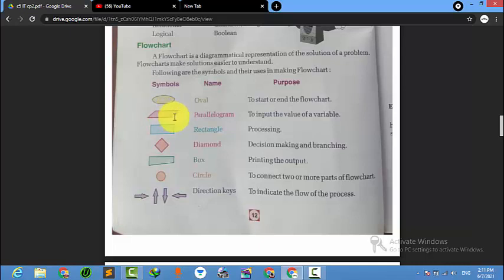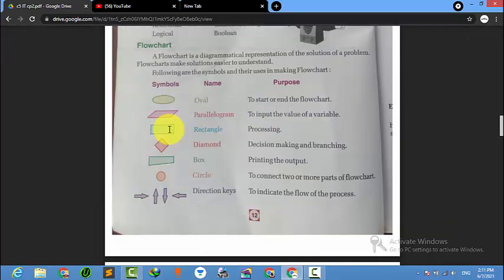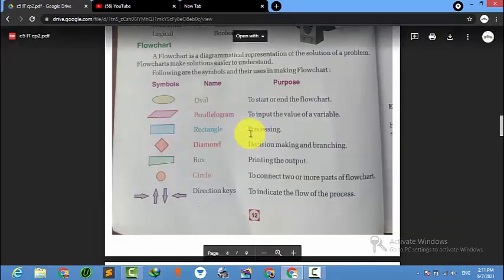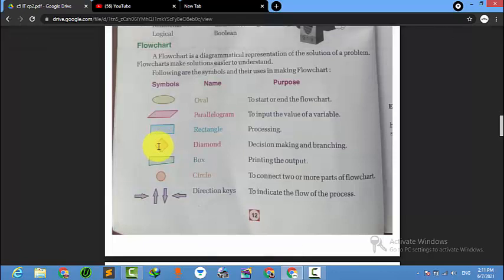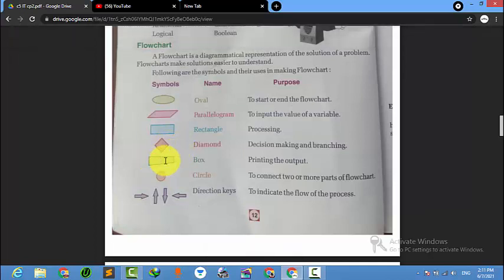Then we need to leave it on the gas stove, so it will be boiling. The tea leaves will be in the boiling process. So this one is processing. Then we need to wait for the boiling part. If the boiling is done, then it will go to this part. If no, then it will again boil. If the boil is finished, then it will go directly here.